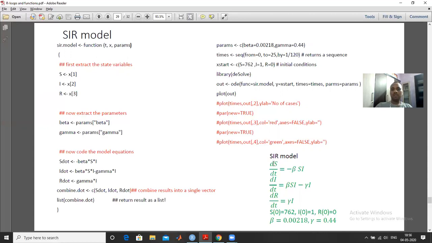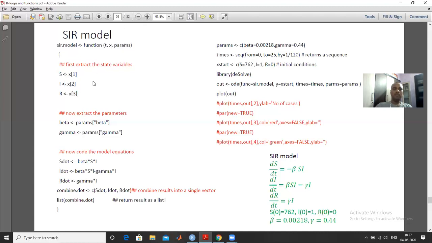Then we will define these. Actually, there are three state variables. In the previous example, there was only one variable. So here I have to define what S, I, R are in terms of x, and what beta and gamma are in terms of these parameters. So what is the S? Suppose S is the first element of this vector x, and I represents the second element, because it is a vector.